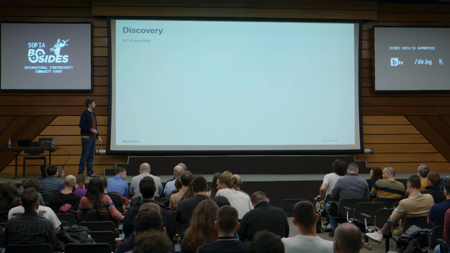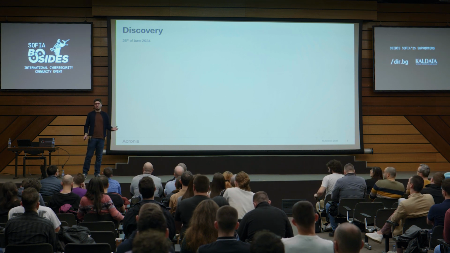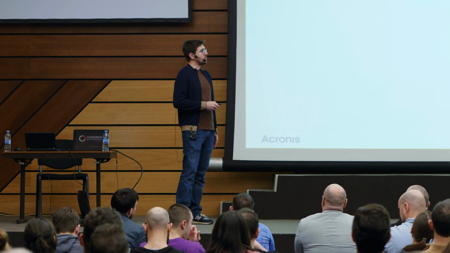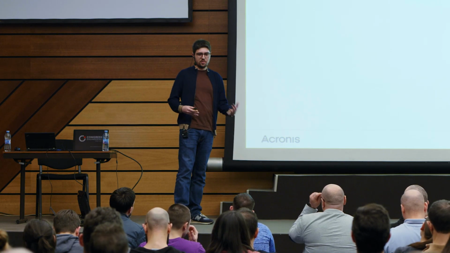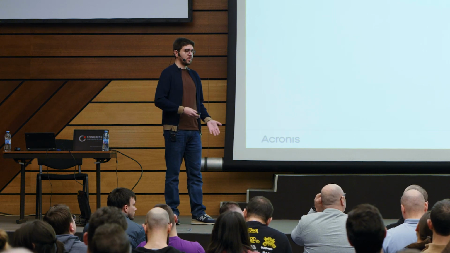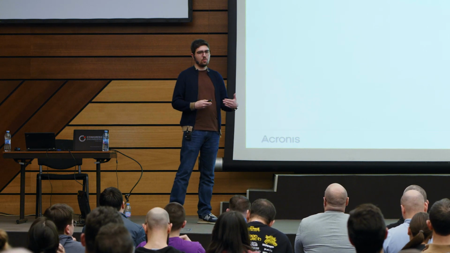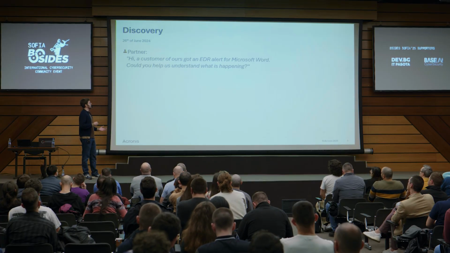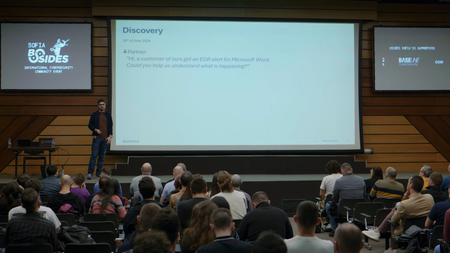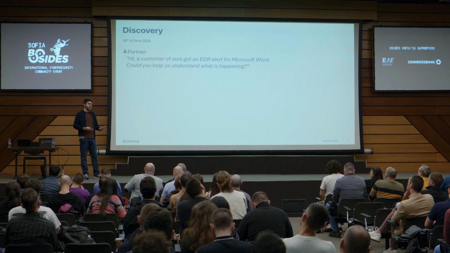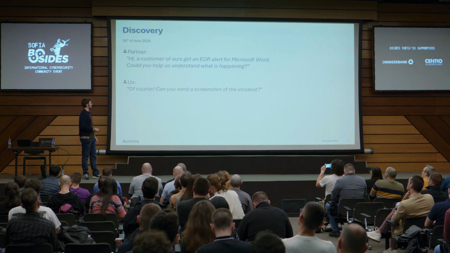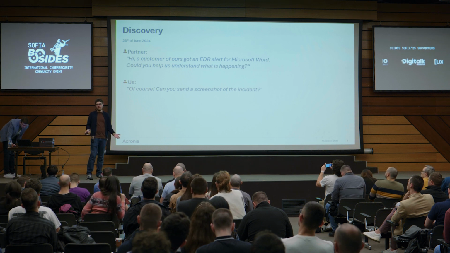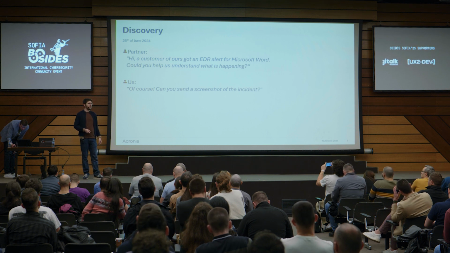Last year, on June 26th, we received a ticket escalation from one of our partners. Here I want to explain that our customers are usually service providers who provide our product to their own customers, so we don't immediately know who the end user is. They basically told us they had an EDR alert for Microsoft Word and wanted help to understand what was actually happening. We agreed to help them and asked for any data, screenshots or whatever they had that could help